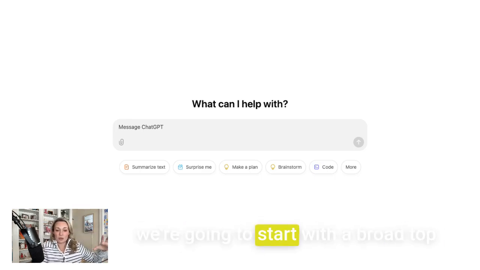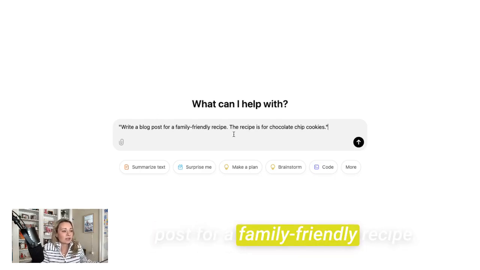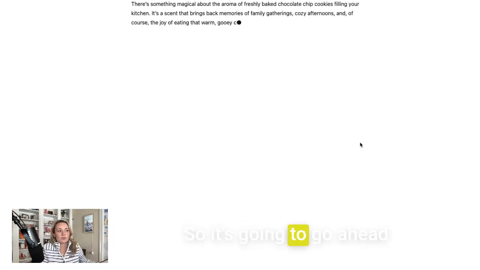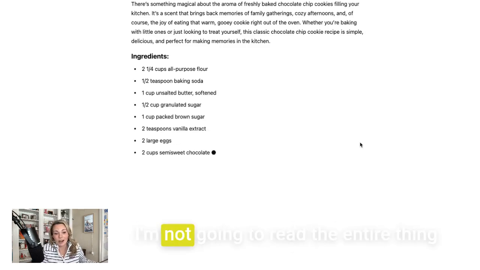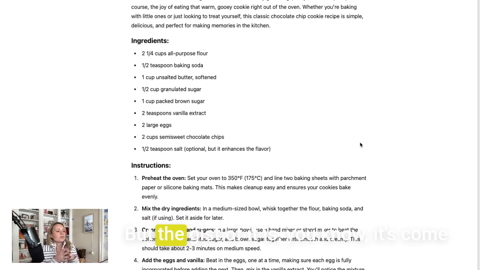And we're going to start with a broad top of funnel prompt, and then we're going to work it down the funnel. In this case, I'm going to say something like, write a blog post for a family-friendly recipe. The recipe is for chocolate chip cookies. So it's going to go ahead and write a blog post. I'm not going to read the entire thing because we don't need to read it, but the gist of it